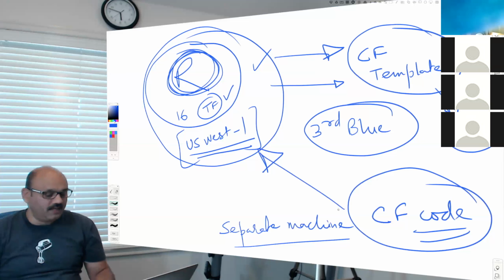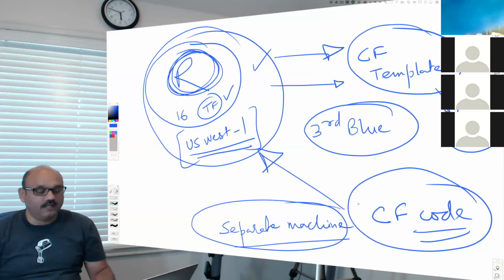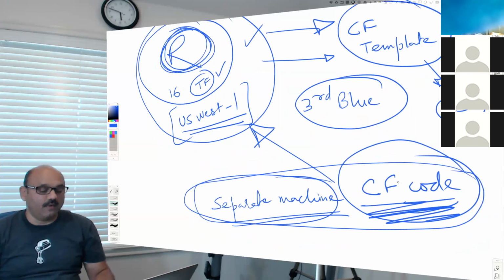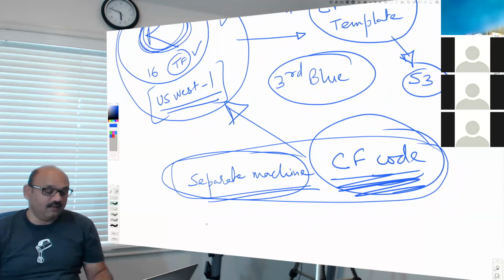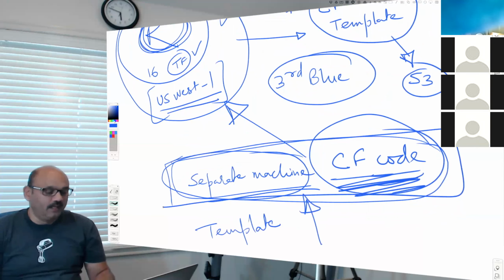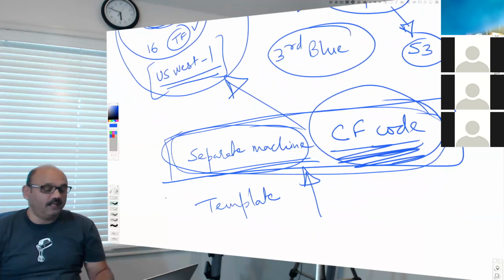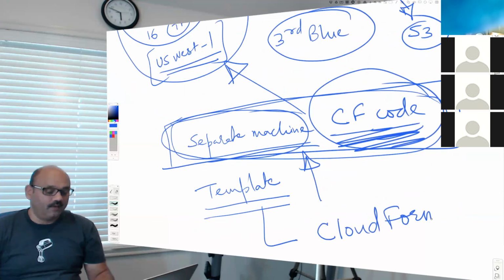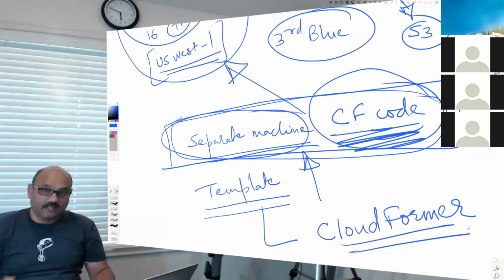So this separate machine is to be created. And that is what will run the CloudFormation code. And you can create a separate machine and have it run CloudFormation code by using CloudFormation. And so you have to actually run another template provided to us specifically for this purpose, which is a separate machine that runs CloudFormation code. And that thing is a template. And that template is called the CloudFormer template. That is the name of the template.